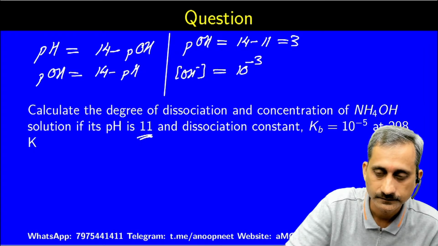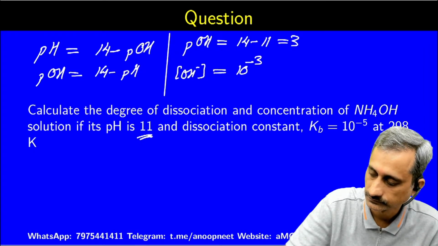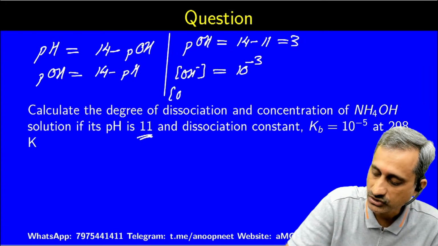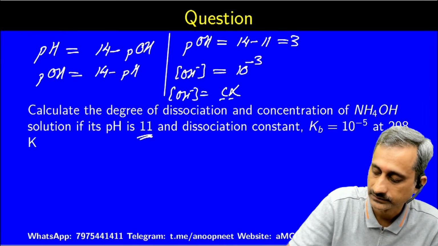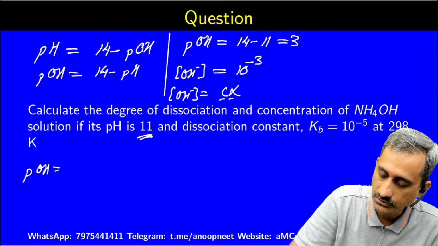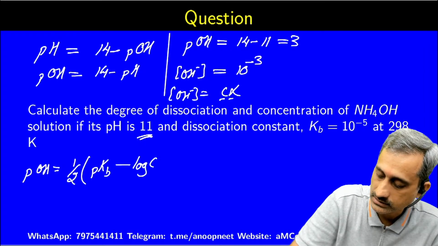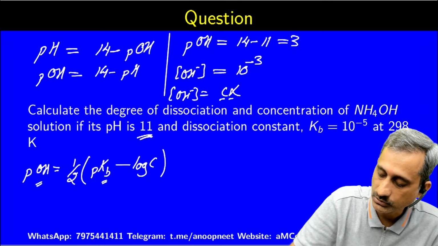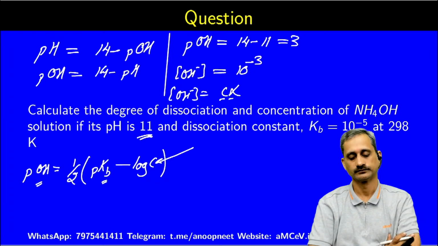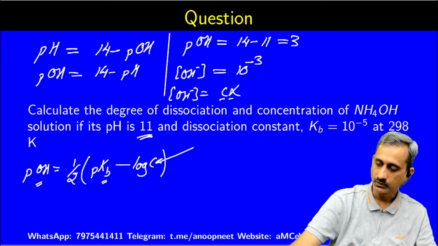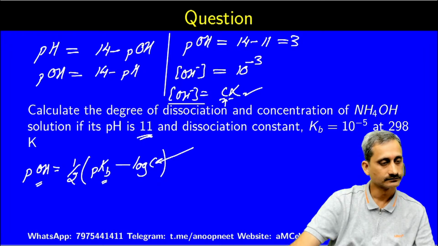Now solve it. The concentration of OH minus is equal to C alpha. और ये C और अल्फा आपको निकालने हैं। pOH is equal to 1 by 2 bracket pKb minus log C. pKb आपको दे रखा है, pOH आपको दे रखा है। कंसंट्रेशन निकाल सकते हो। कंसंट्रेशन निकालते ही आपको OH माइनस का कंसंट्रेशन पता है, C आपको पता है, अल्फा निकल जाएगा।